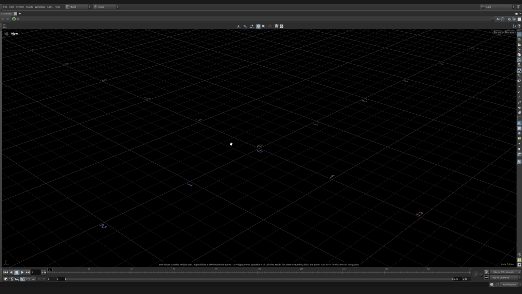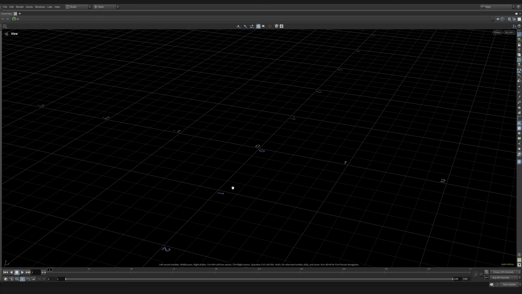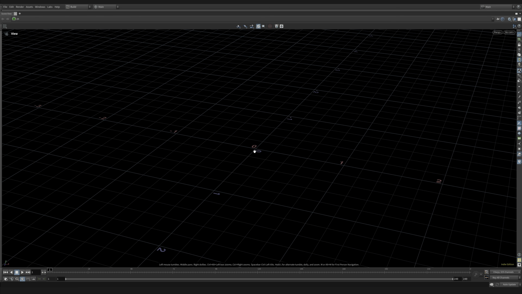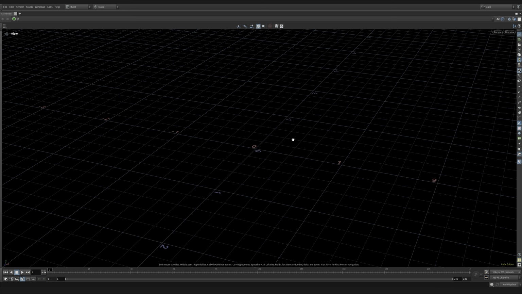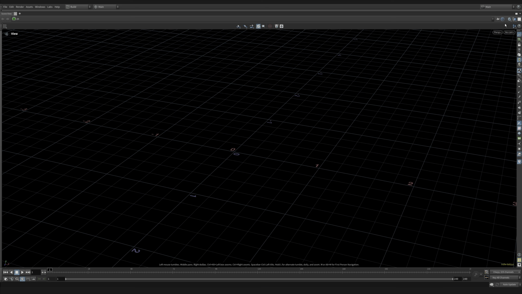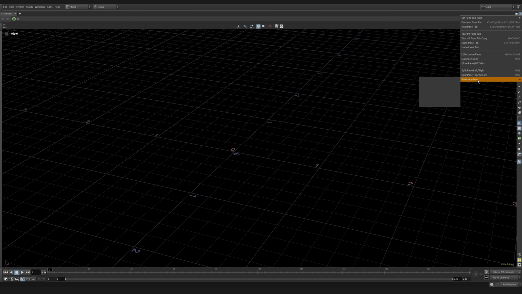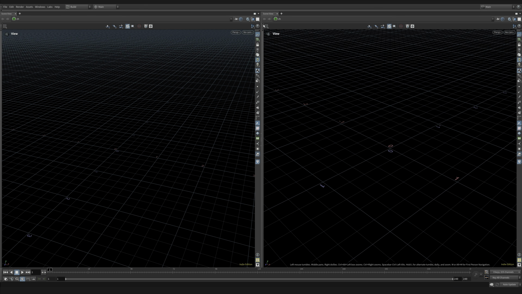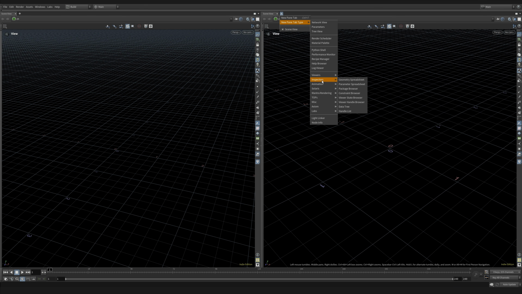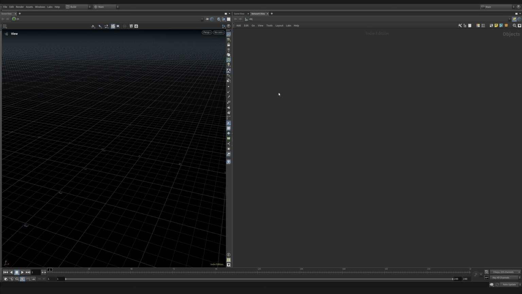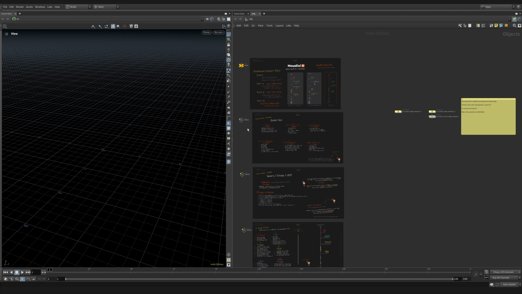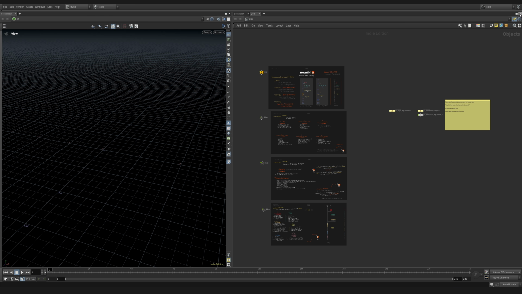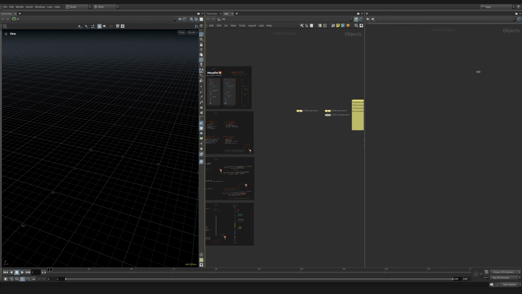So this will be our viewport. We navigate by left click, middle mouse button to pan, and right click and drag to zoom. We can split this pane by going to the top right, split pane left right, and now we're going to open up, in this right one, a network view. It's going to take a second to load because I'm recording. We're also going to split again left right,